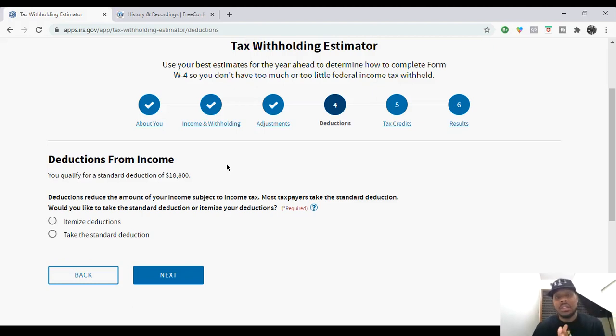Basically, whatever filing status you choose will give you a different standard deduction. The standard deduction for a person who is single is going to be less, like $12,400, give or take. A person who is head of household, you're going to see this depending on their income. And then the person who is married is going to be different, like $24,000. So choosing the right filing status is everything as it relates to how you go about filing your taxes